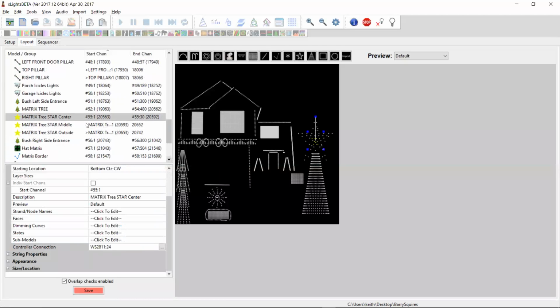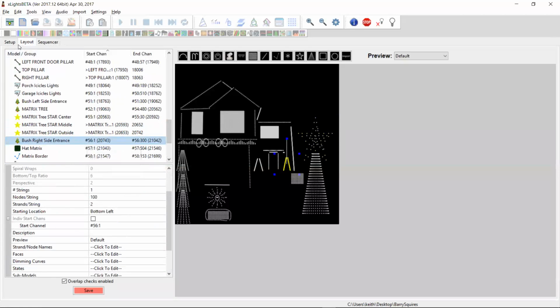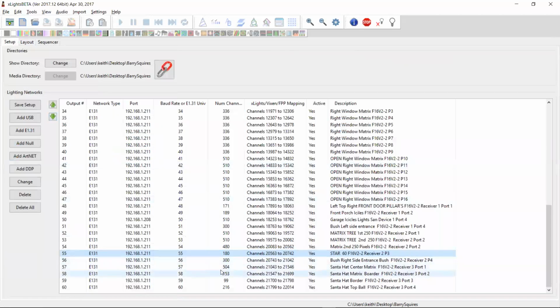God, I hope I'm getting this right. This will also be on 24. Okay. The bush on the right side entrance is on 56. Okay, again, I can only assume that it's all on the same